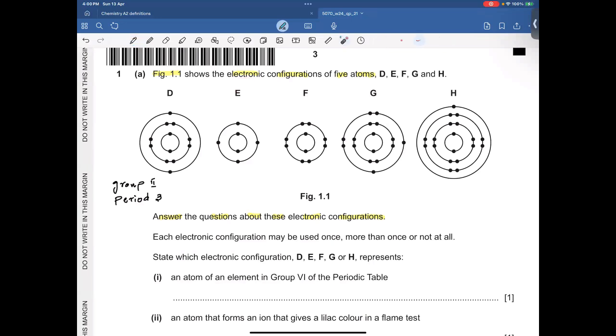Now, in E, we have 4 valence electrons. And since it has only 2 shells, as you can see, it is found in period 2 of the periodic table. Now, F has 2 shells and also it has 8 valence electrons, which means F is found in group 8 of the periodic table and in period 2. 1, 2, 3, 4, 5, 6 valence electrons, which means element G